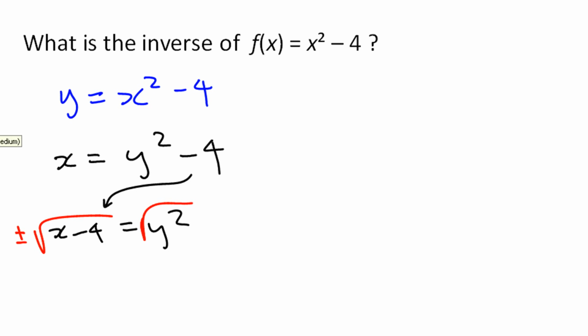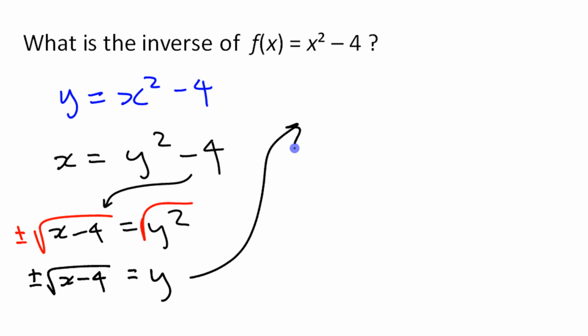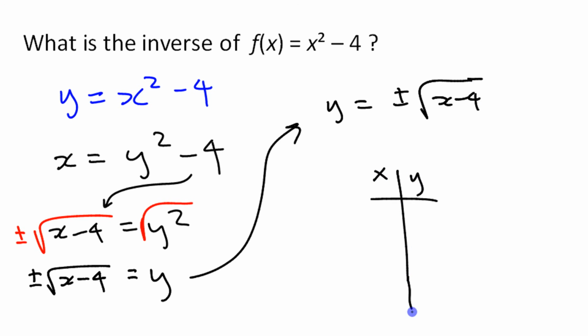So what you actually have here is y equals plus or minus square root of x minus 4. That plus or minus you're going to find is actually why it's not a function, right? If we have y equals plus or minus square root of x minus 4, if you made a quick little table of values here, if you chose a number like, let's pick something like 8. Pick easy things here, right? Let's pick